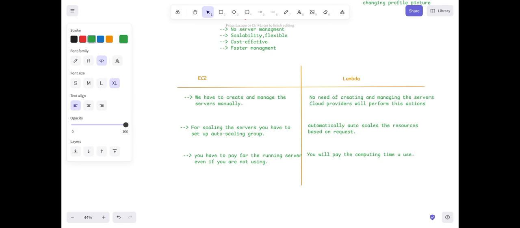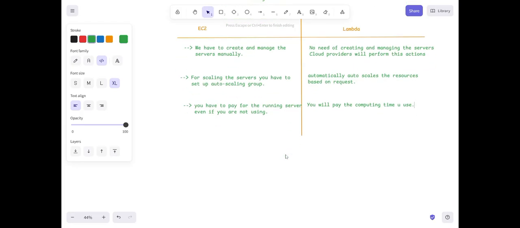More than that, you are not going to pay anything. It will reduce the manual process and it will reduce the cost. Understood about these differences, guys?